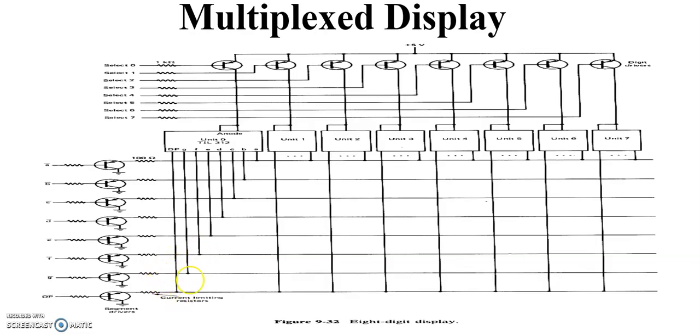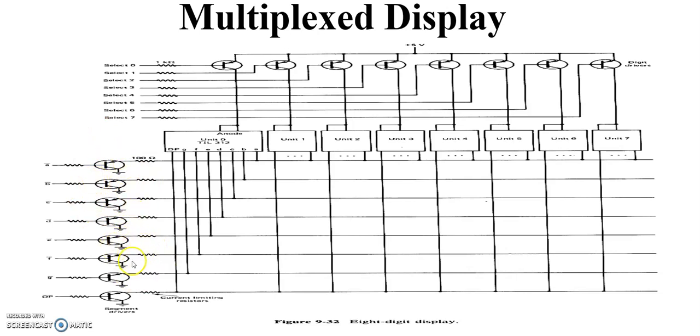This figure shows the multiplexed, that is, multiple digit display, configured from eight 7-segment display units. In order to reduce the device count by eliminating the external data latches from the display unit, they can be connected to two 8-bit parallel output ports and operated in a multiplexed mode.